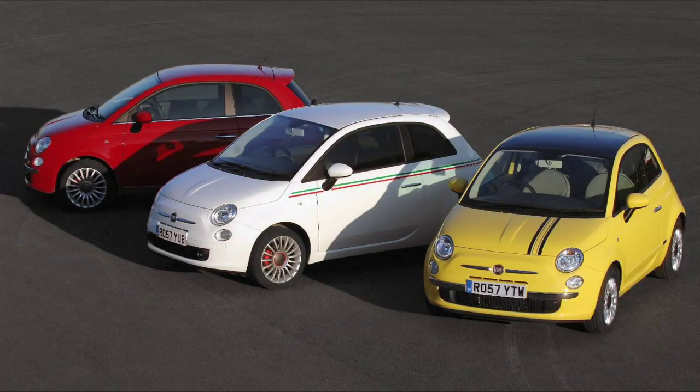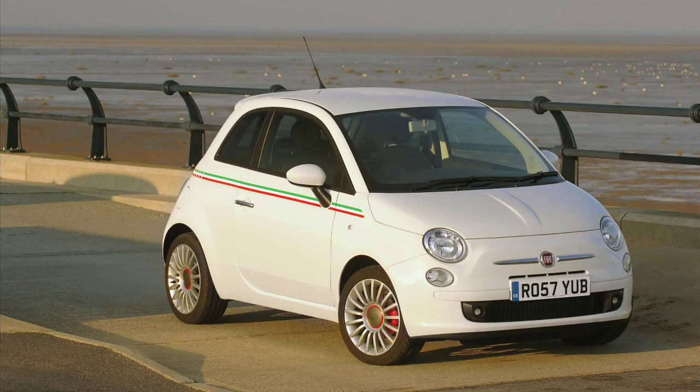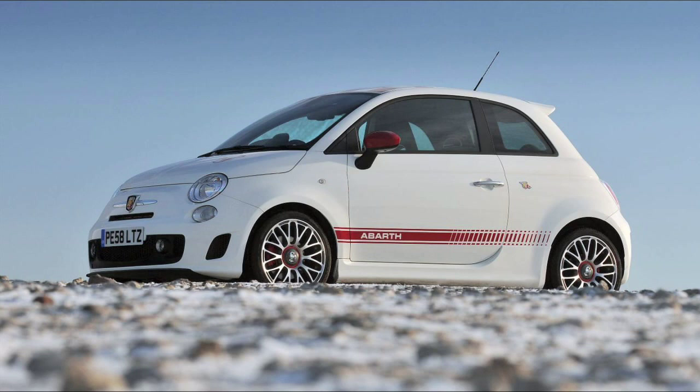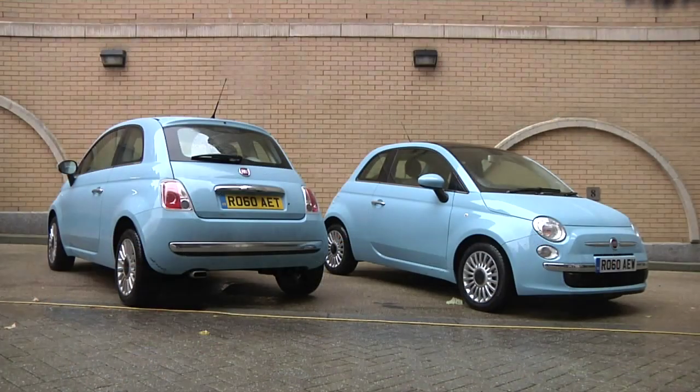Since the current Fiat 500 first appeared in early 2008, it's been one of our favourite small cars. What's more, we're not alone, since tens of thousands have found homes since then, from the hatchbacks to the 500c convertible, and our particular favourite, the pocket rocket Abarth 500. Now though, there's another 500 model available, and it has the potential of being the best seller in the entire